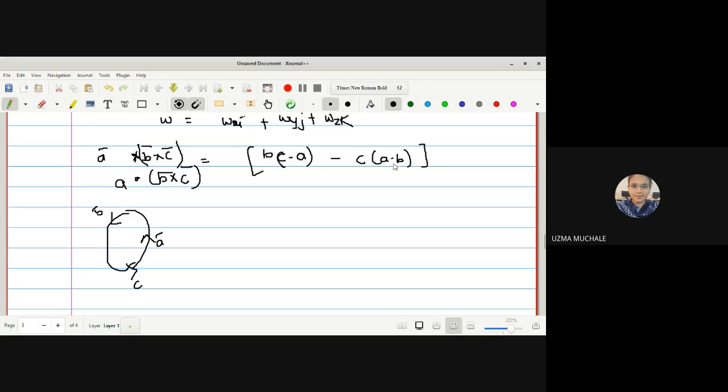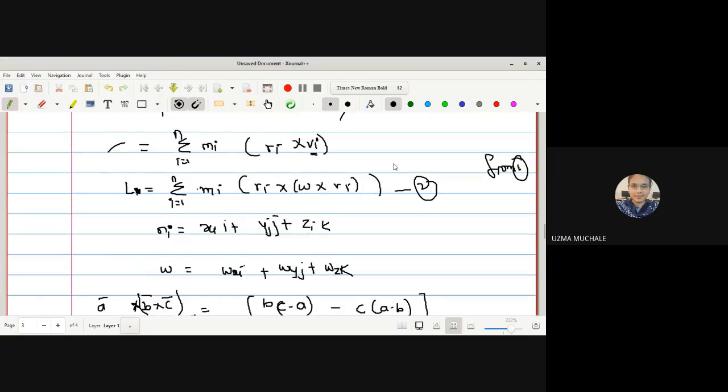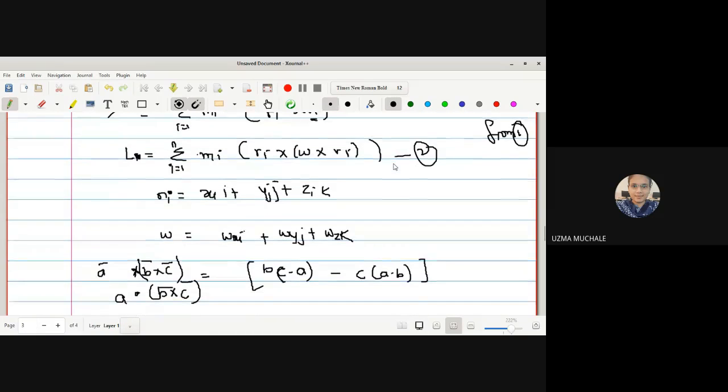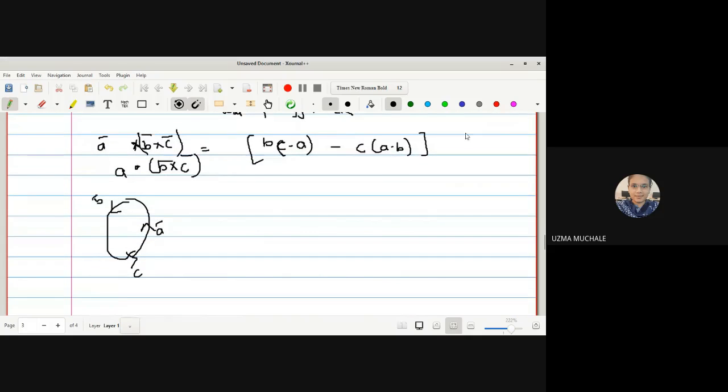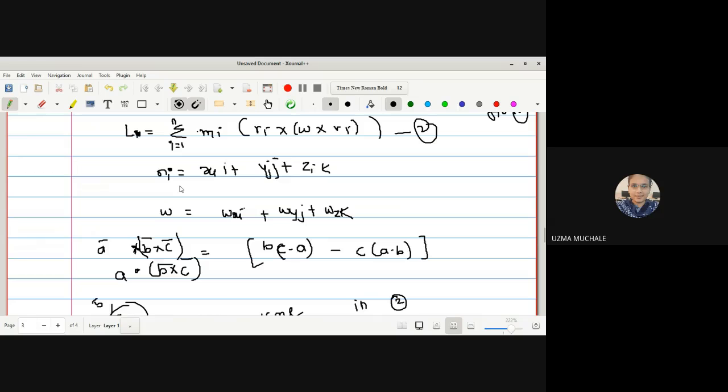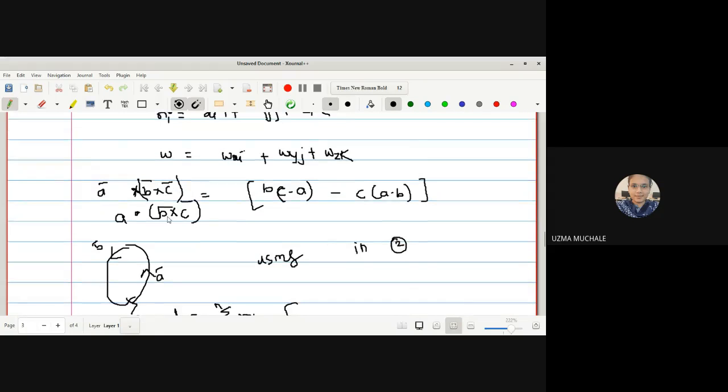Okay, so by using this cross product property of a triple cross product, we have to use this in equation 2. Using this in equation 2, we get L equals summation over i, with mi outside, i runs from 1 to n, and here we have to check what is A cross B cross C. Let me check what the values of A, B, C are. Here we have Ri, W, Ri. That means one vector is repeated here, right? So this is Ri,